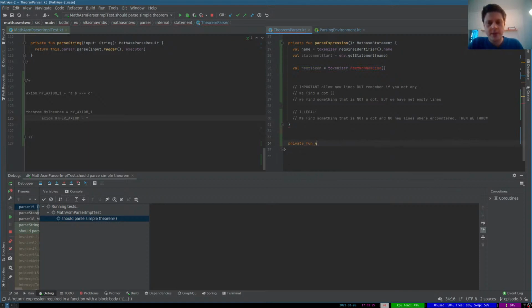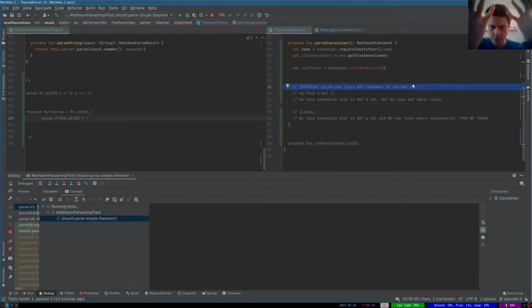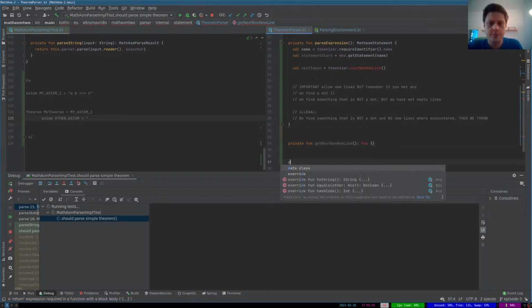Private fun get next non new line. And this would return a data class that will say what is the next token I found and if I skipped new lines or not. Because you remember we need both. We need the token and the information. So we can call that, let's call it foo for now, and let's create that foo, private data class foo,